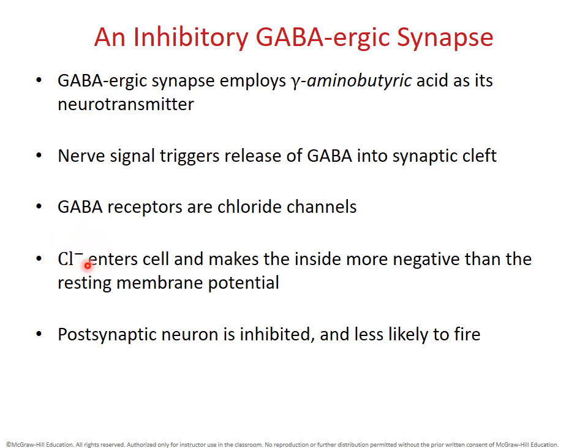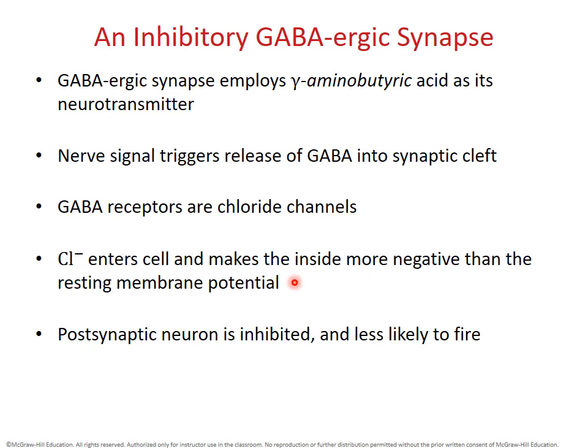Now, the concentration gradient of chloride ions is that chloride is greater outside the cell than inside. This is largely because chloride follows sodium, the positive charge of sodium as it's pumped out of the cell. And so opening the chloride channels causes chloride ions to enter the cell along its concentration gradient. And of course, the entry of negative charge makes the inside of the membrane more negative than it was when it was at rest. This kind of change, which makes the membrane more negative than it was at rest, remember,